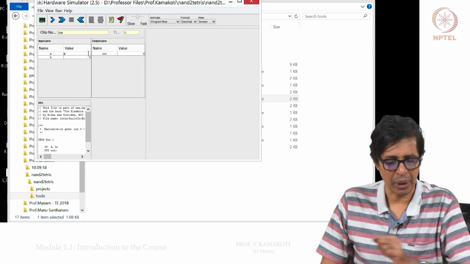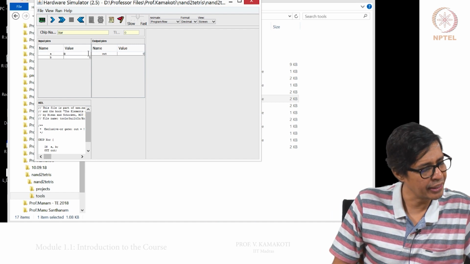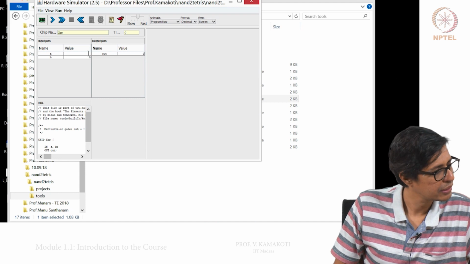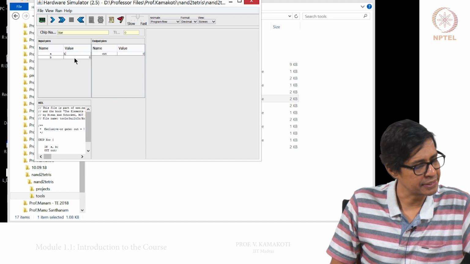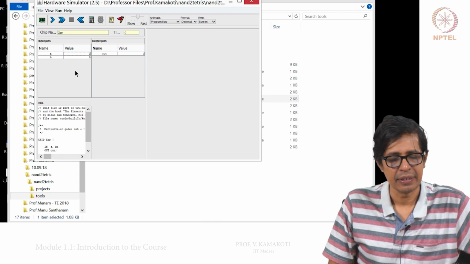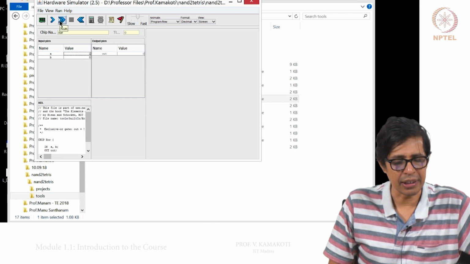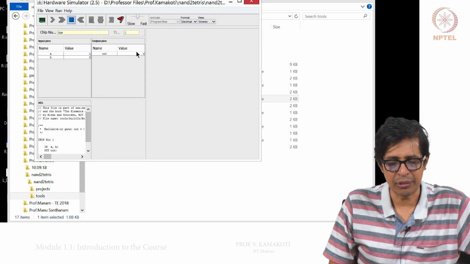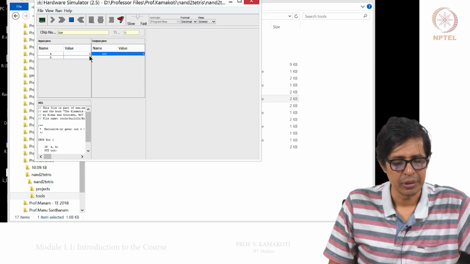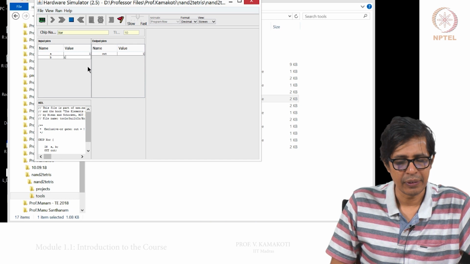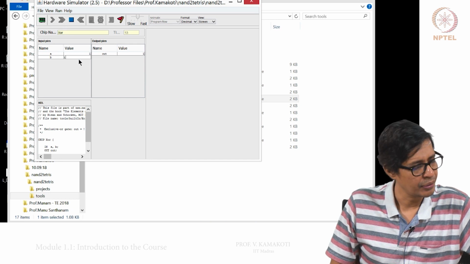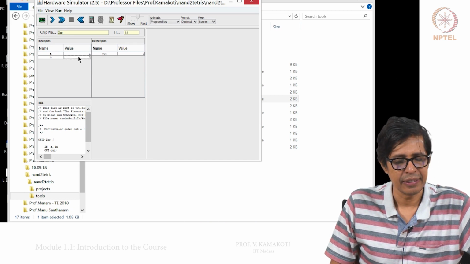Just click on this A and change it to 1, press enter. Now press this run, the double arrow here, and check if the output has become 1. Make the B 1, press the enter key.